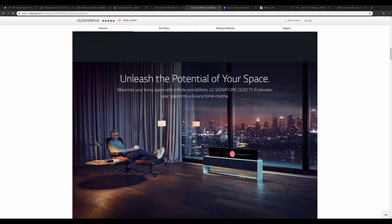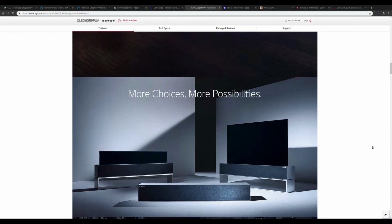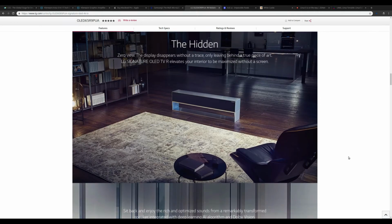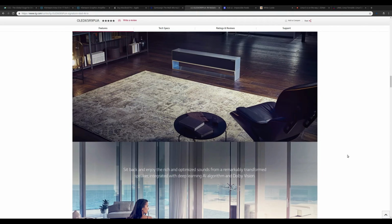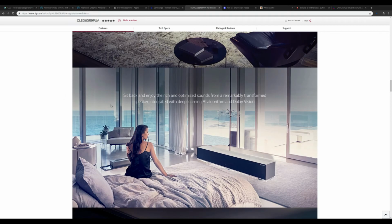And as you can see here, you can see the practical benefits of this. By having it be rollable, you could actually choose to have it extend all the way, or even just for media consumption or media playing right here. And so it's a media player slash TV. And because it is so small, it won't really get in your space, if it's something like, for example, people who just have a small amount of space,